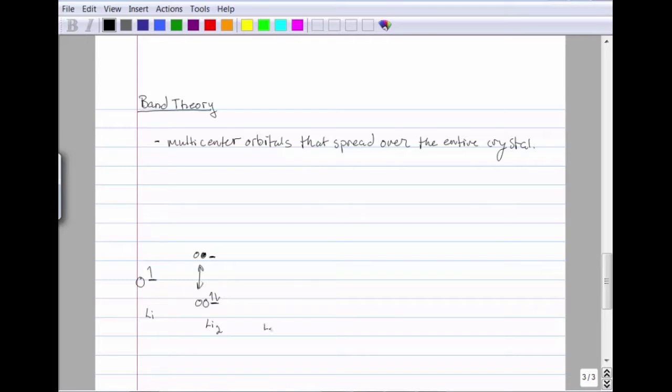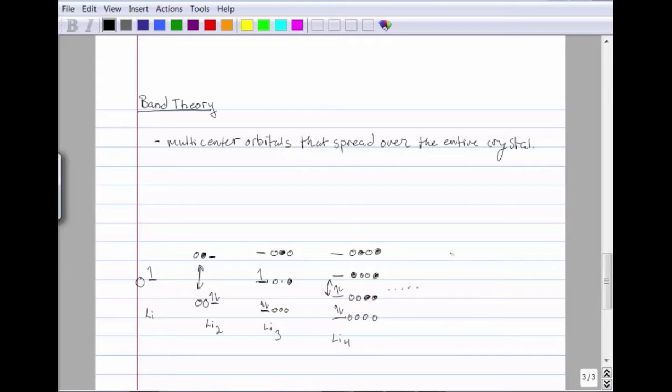If I have three lithiums, then I get three molecular orbitals. And they might look like that. If I have four lithiums, again, I'd have four molecular orbitals. Notice how, while I'm drawing these diagrams, the difference between the HOMO and LUMO energy levels is shrinking. So if I just had four lithiums, my HOMO-LUMO gap would be here. So every time you add a new atom, you're adding another orbital that's going to close the gap between the HOMO and the LUMO. So when you have a metal network where you have just a whole bunch of metals together,